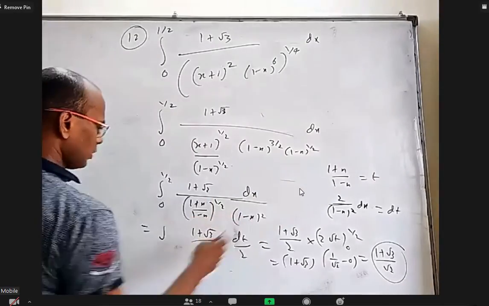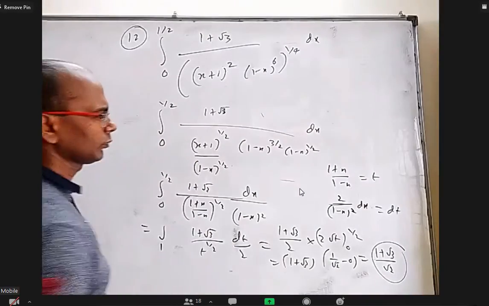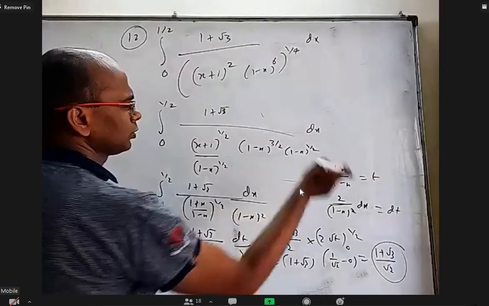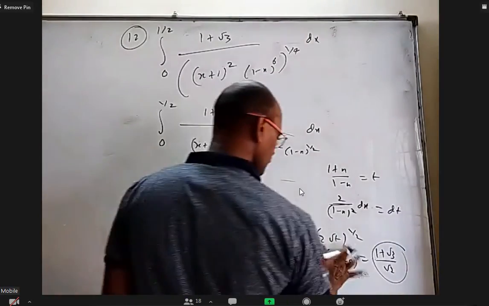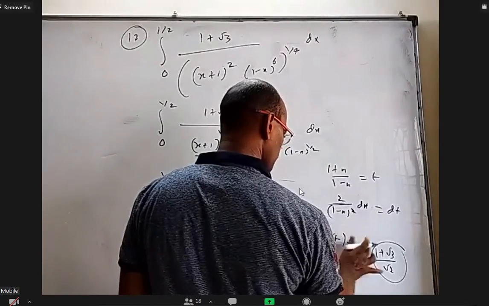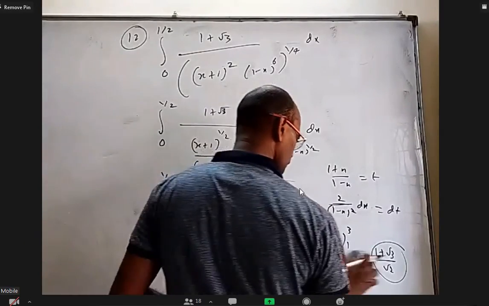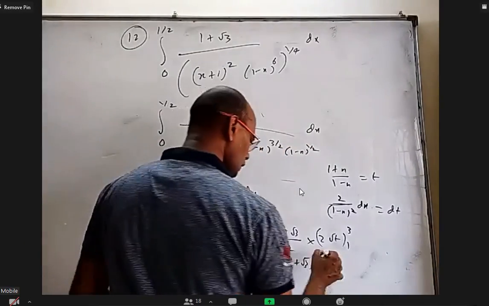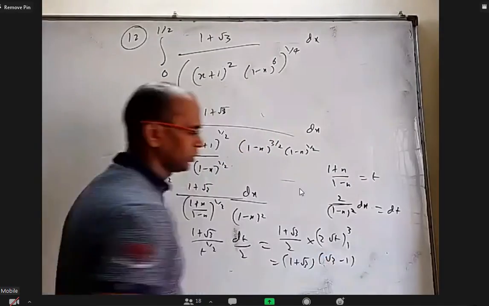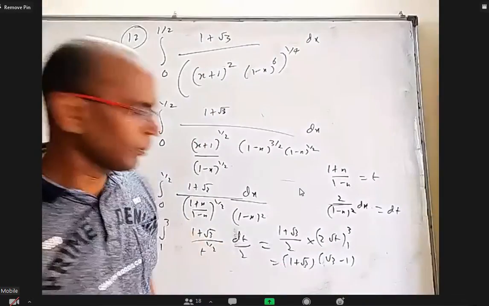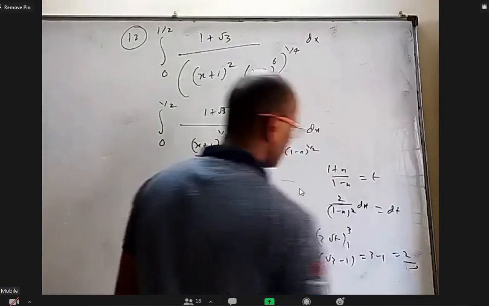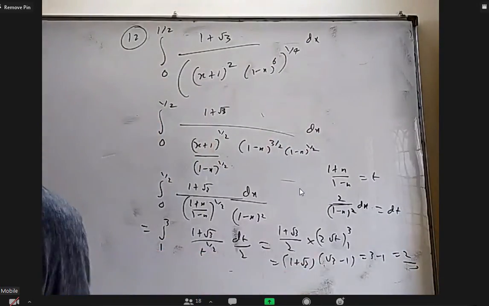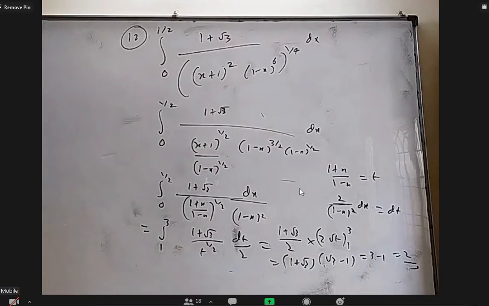When I put 0, it will be 1. And when I put 1 by 2, it will be 3. This is 1, 2, 3. This is also 1, 2. Okay, then it will become root 3 minus 1. So, a plus b into a minus b, a square minus b square. So, we get 3 minus 1. So, whatever we got, root 3 minus 1, its conjugate is given, so that the answer can be expressed easily.